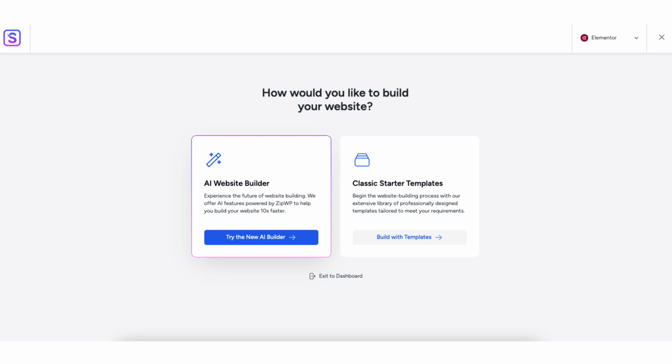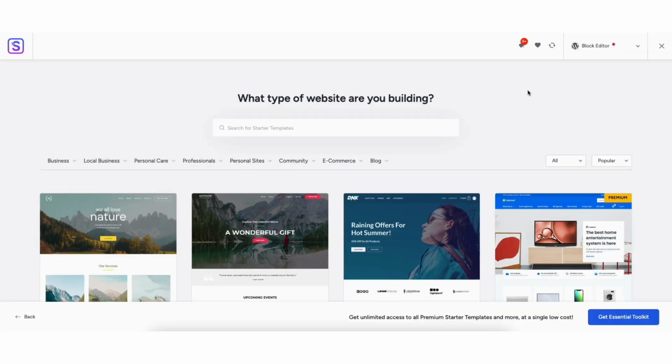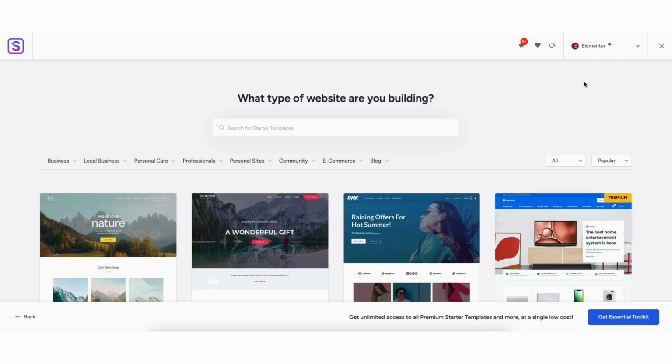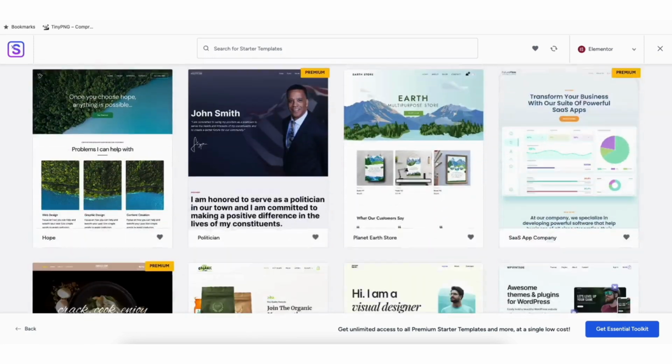I'll select the classic starter templates. Click the Build with Templates button. Choose Elementor for the page builder. Up in the top right, if you see Block Editor or something other than Elementor showing, click this, and from the drop-down, select Elementor. It'll now showcase a bunch of WordPress themes you can build your site with using drag